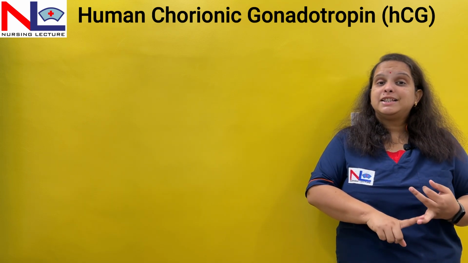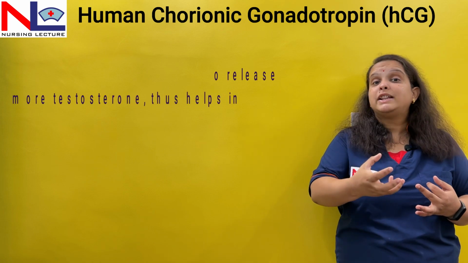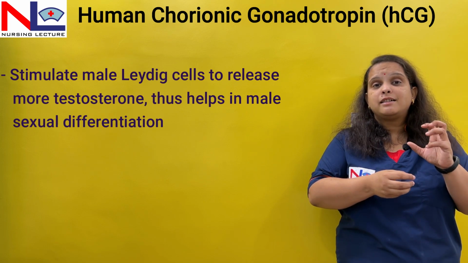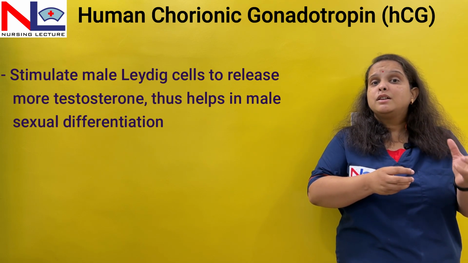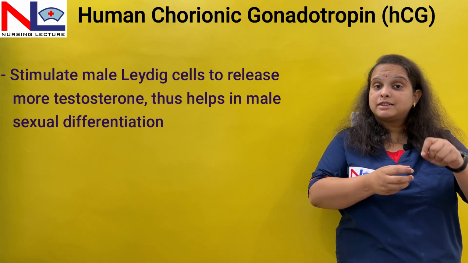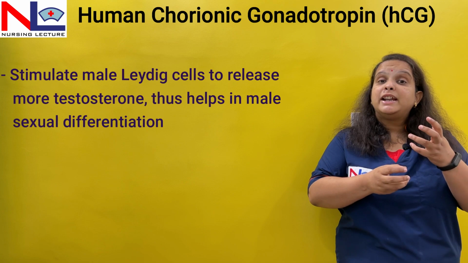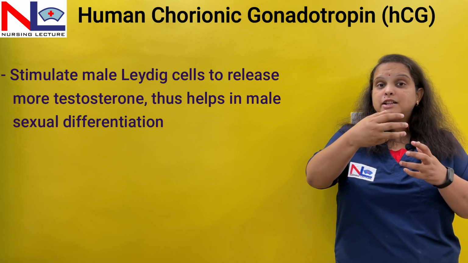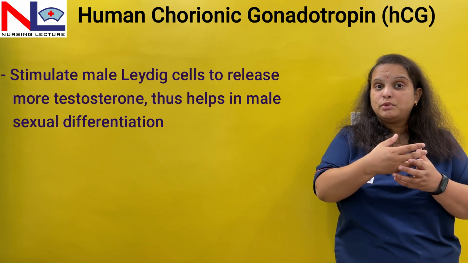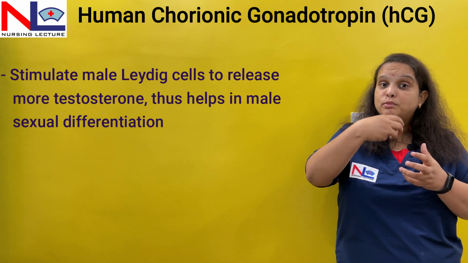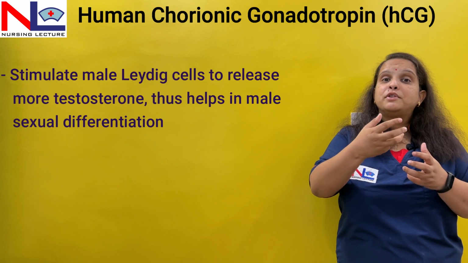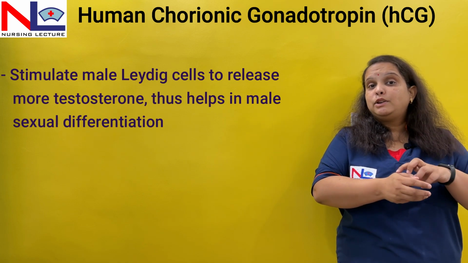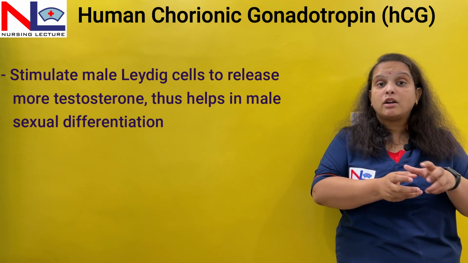And the other function of HCG is to release more testosterone. So again, how is it released? On the testes, again there are receptors for LH-HCG. When HCG binds to that receptor on the testes, it stimulates the Leydig cells, which lie within the interstitial spaces, the spaces present between the seminiferous tubules. These cells get stimulated by HCG and start producing more testosterone. Thereby, if a male fetus is there, it will help in differentiating the external genital organs in the male by